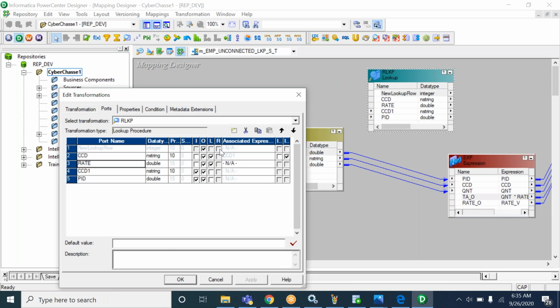So that means, is it possible to have the unconnected as dynamic? No. No, right? So we cannot make the unconnected lookup transformation a dynamic lookup transformation. If we enable the dynamic lookup cache property inside the unconnected lookup transformation, automatically the return checkbox will be disabled for all the ports inside the unconnected lookup transformation, so that it will not allow us to select